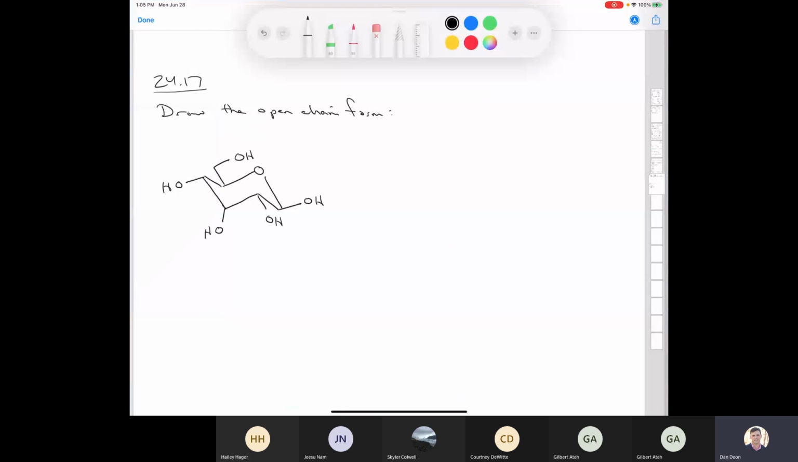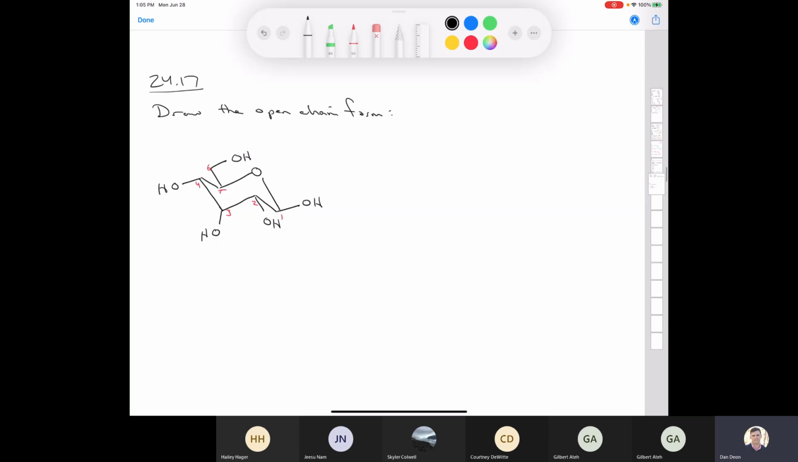All right, Chemistry 3111. This is a review of the carbohydrates chapter, chapter 24, and I thought we'd start with this one here. It says, draw the open chain form of this sugar. So we have the six-membered ring in a chair conformation, and if we want to draw the open chain form, I think the first thing we would want to do is number these carbons 1, 2, 3, 4, 5,